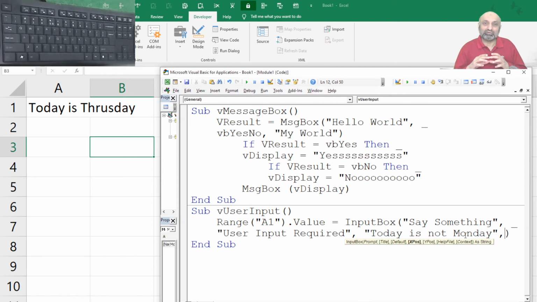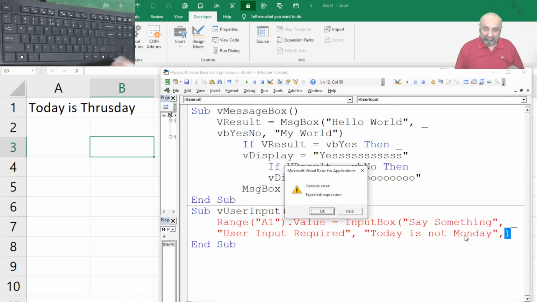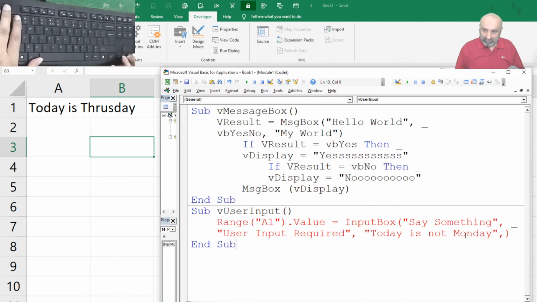What if I want to display it a bit left, a bit towards the top? Then I will use this X position and Y position, and you can enter the pixel numbers and use this. So this was about the input box and the message box.